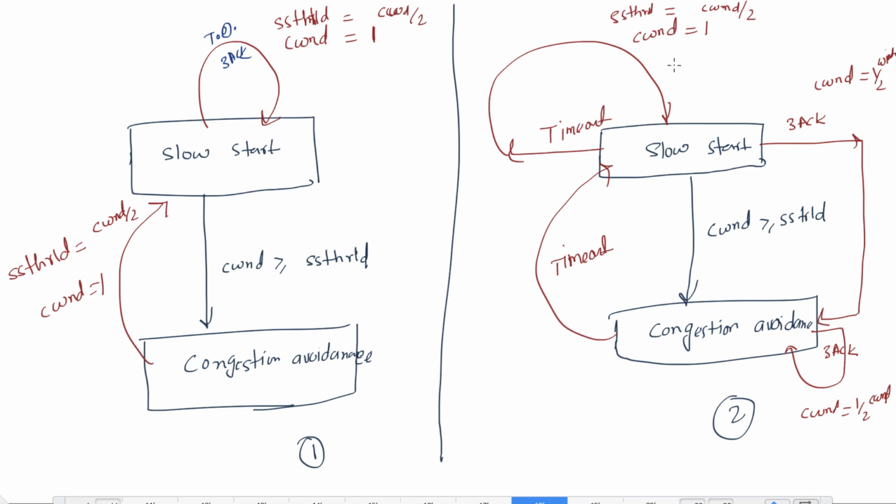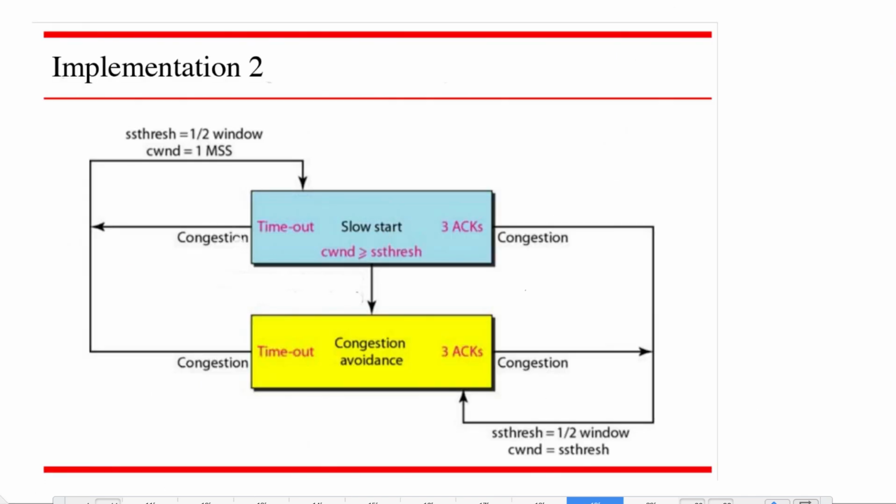where your threshold will be half of the current congestion window, and the congestion window is set to 1 as earlier. So let me just show with only one of the arrows, and you will get to know from this what will happen if there is a congestion in the congestion avoidance phase. So congestion can occur either at the congestion avoidance phase or in the slow start, and both will be treated in the same way. So see here, the congestion may occur because of 3 ACK or because of